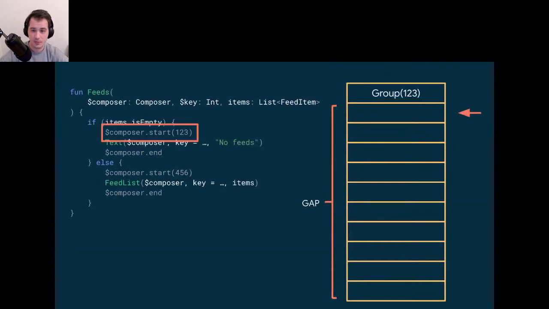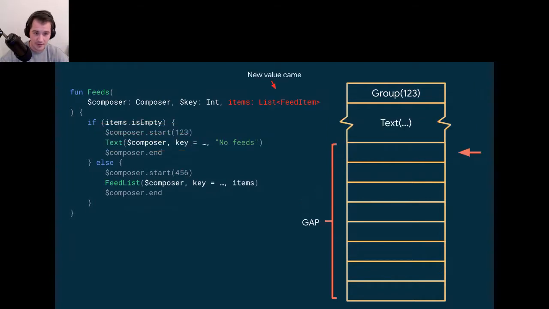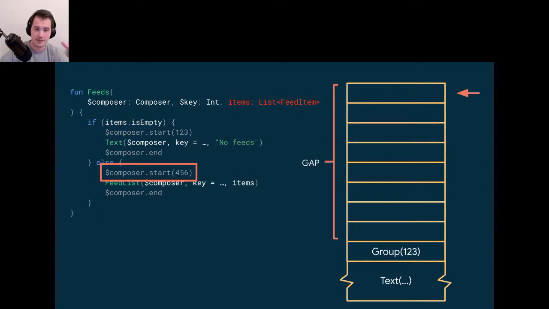So what we will do: first the list is empty. You will put 1, 2, 3, you'll put text, and we are done. Then the new value comes, and we are going to the else branch now, and we see 4, 5, 6, right? 4, 5, 6 is not equal to 1, 2, 3. So we move the gap, we remove the rest because we don't need it, right?